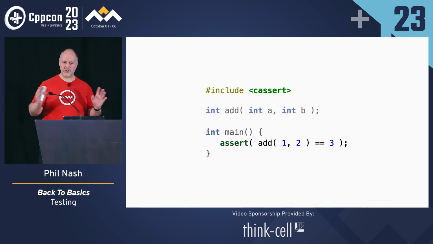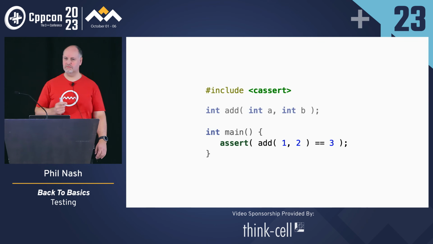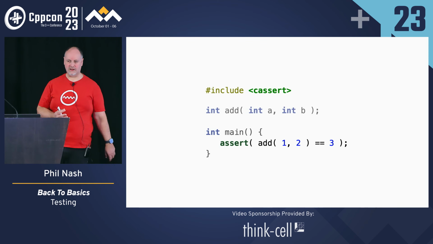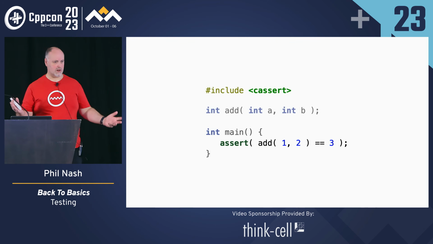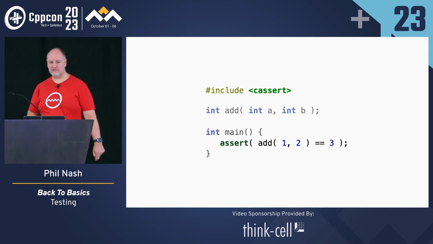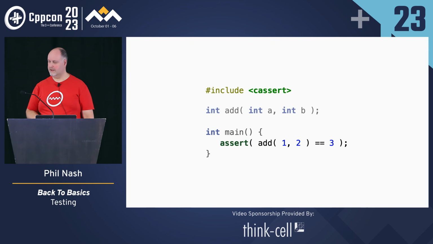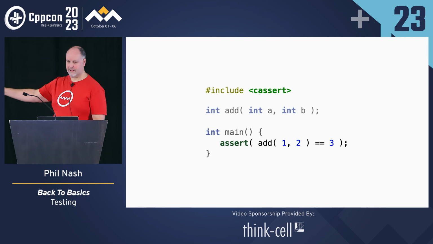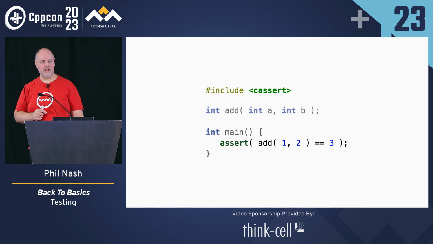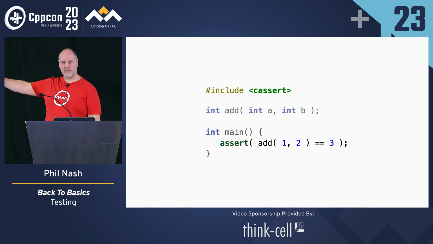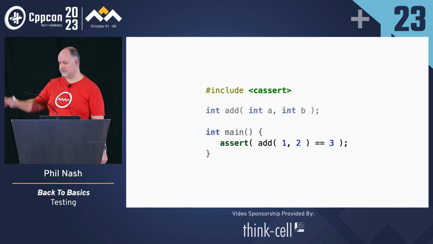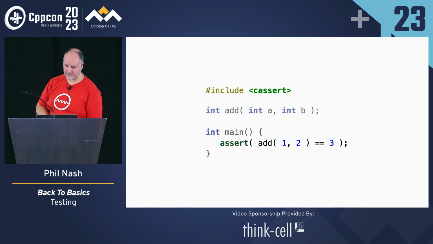Well, without any additional dependencies, we can use cassert. It's in the standard library, even the C standard library. We know it. It's pretty straightforward. We know exactly how it works. Just write the assert macro, make a call to our add function, and compare it against our expected result. We've got those three parts from that template of what is a test there. That was the example we even saw earlier.